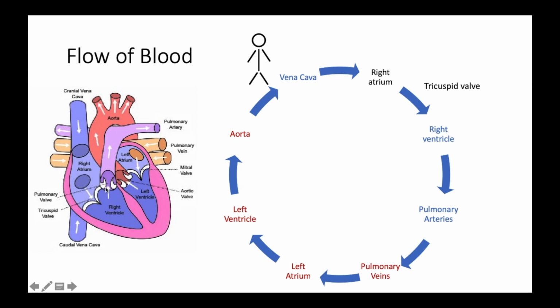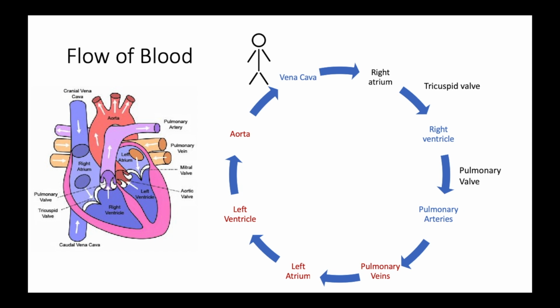From there, the right atrium over here contracts, and it pushes that blood through the tricuspid valve and into the right ventricle. From there, the right ventricle contracts, and it pushes blood up through the pulmonary valve into the pulmonary arteries. Now, from the pulmonary arteries, the blood goes directly to the lungs to acquire oxygen. So as of this point, the right side of the heart is all deoxygenated blood, and then the blood goes to the lungs through the pulmonary arteries to acquire oxygen, and now it's going to enter back into the heart